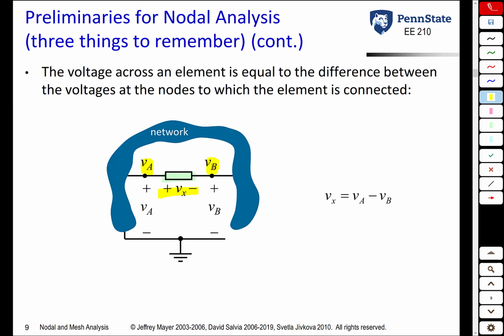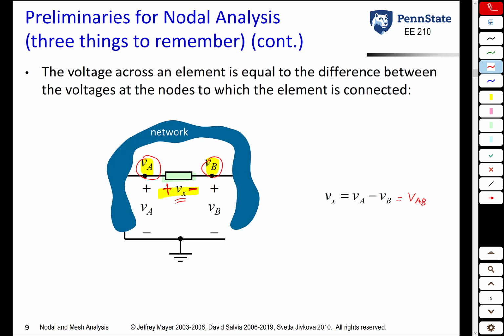Which one you do as the plus and which one is the minus depends upon the polarity of this variable. So remember, Vx with the plus on the left and the minus on the right means the voltage at A with respect to B. We could also write it this way, VAB. But the bottom line, whenever you have a relative voltage variable, you can always write it in terms of the